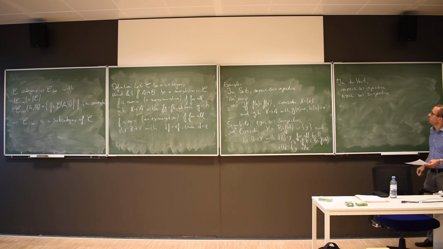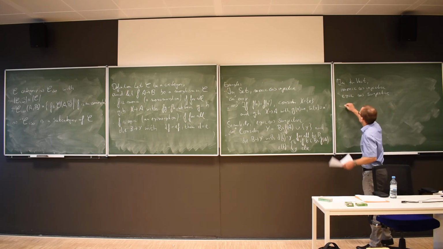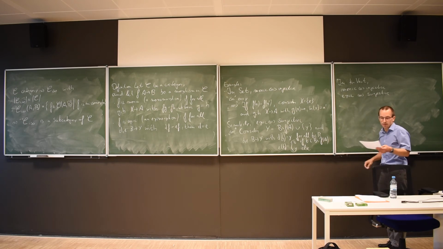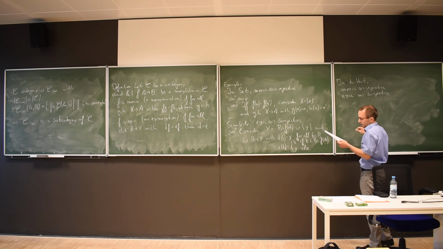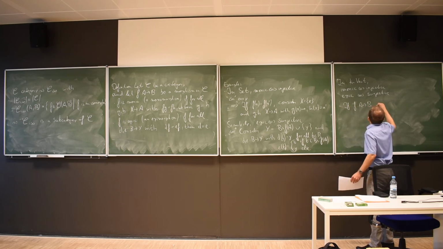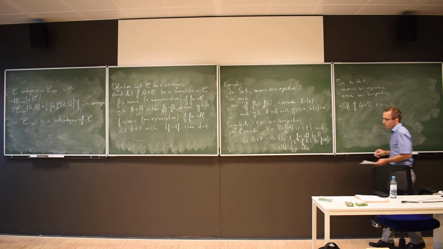I'll not really go into the proof, but maybe just mention the last implication here. So epic implies surjective. So if f from A to B is a homomorphism